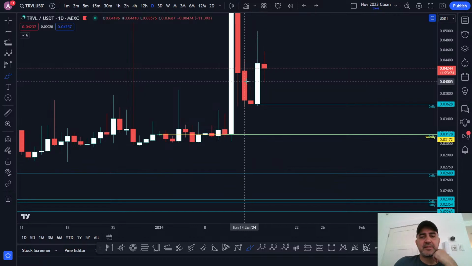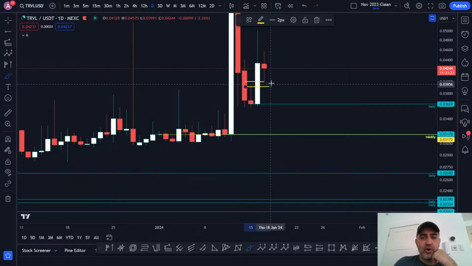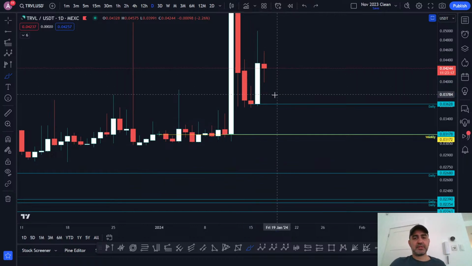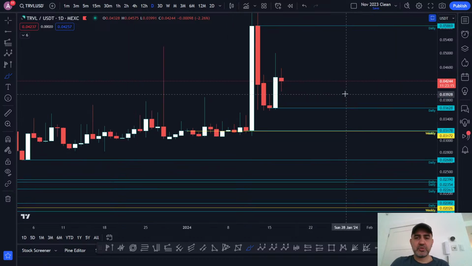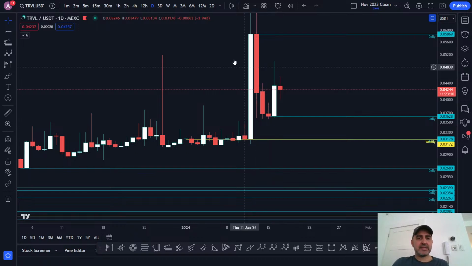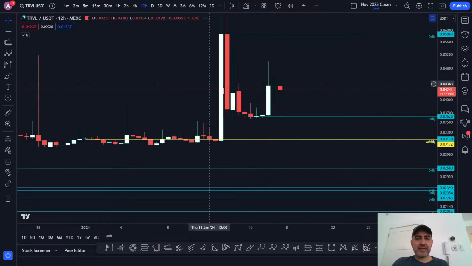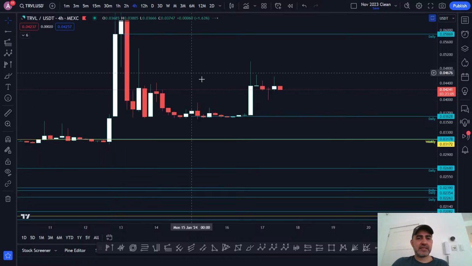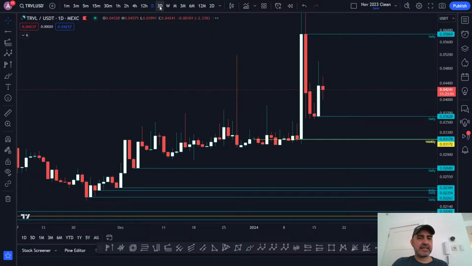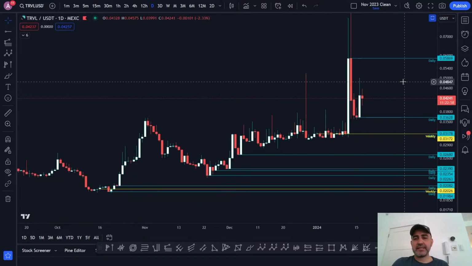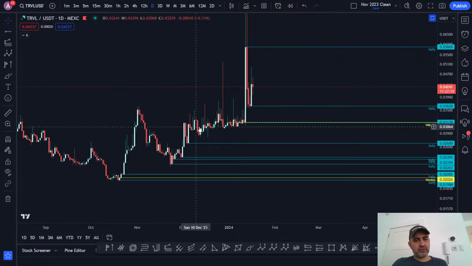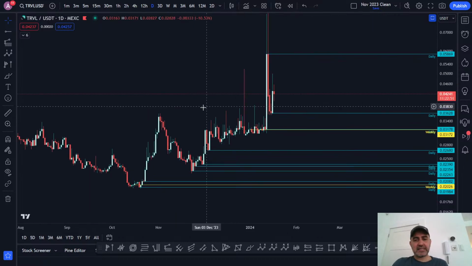Now, could that be because the price front ran it? Or could it be because the price is still looking to come back down? We don't know. But I just want you to see how the price moves. And at every time frame, you're going to get order blocks. And obviously, the higher the time frame, the stronger the order blocks. I only mark out daily, weekly, monthly, and above. But just to give you an indication of the way the structure of the market has formed,